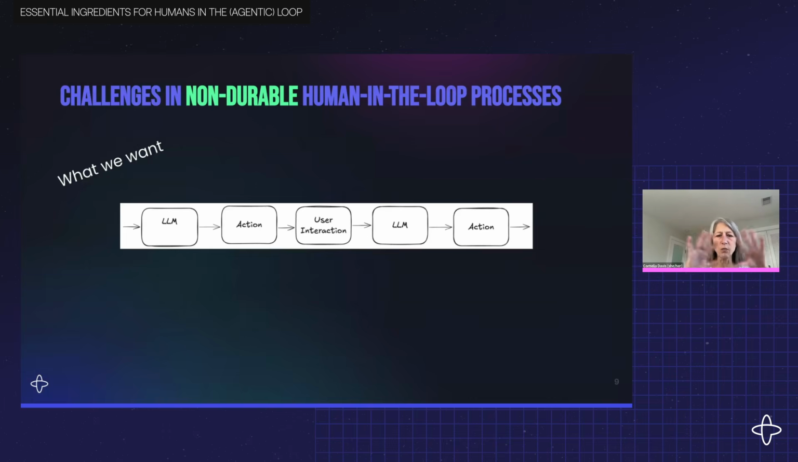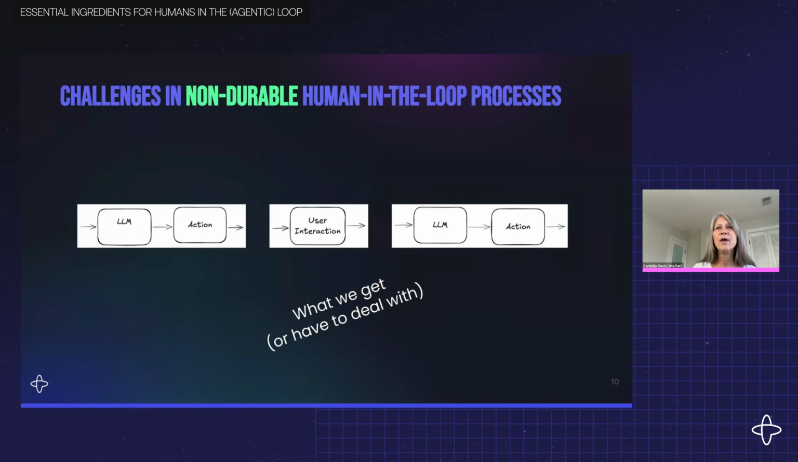So this is just a really simple fixed flow, no agentic loop in it, but we've got an LLM. We're going to take some action based on the decisions that the LLM has made. Then maybe we need some user interaction. Then maybe we go back to the LLM and we have some more actions. This is what we want. But as soon as we have that human in the loop, this is what we end up getting,